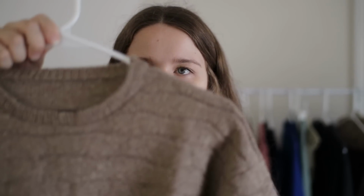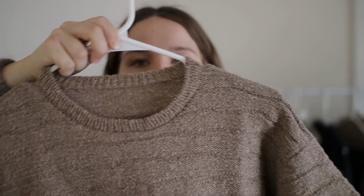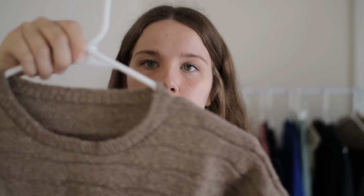And I love the texture. The yarn is Elspeth Lavold Silky Wool, so it's maybe 50-50 wool and silk. Again, not the most summery of yarns, but I don't live in a super hot place, so it works. I think I will wear this more this coming summer. We'll see. I finished this pretty late in the summer. It was the first week of August when I finished it, so I haven't worn it a ton,